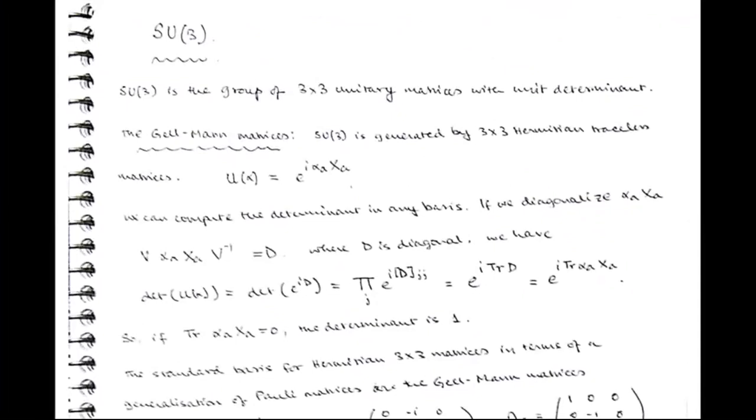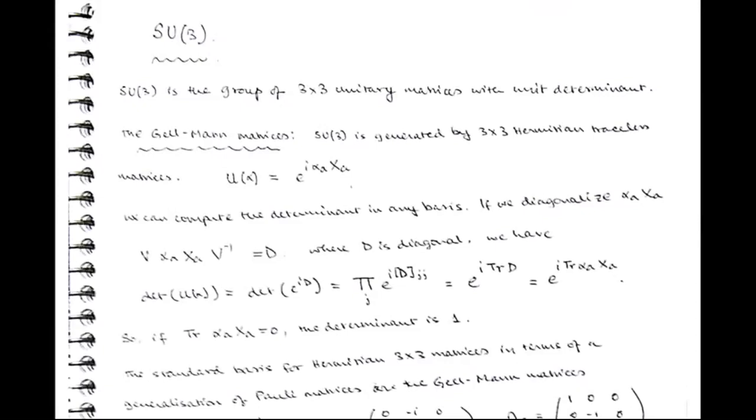Again, SU3 is the group of 3 cross 3 unitary matrices with determinant 1. And it's generated by 3 cross 3 Hermitian traceless matrices. So if we exponentiate Hermitian matrices to get,